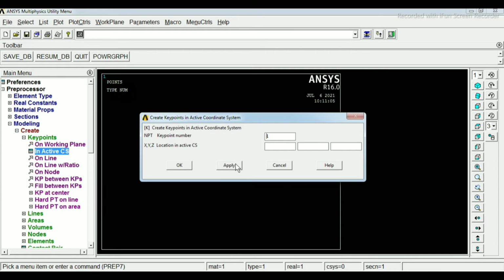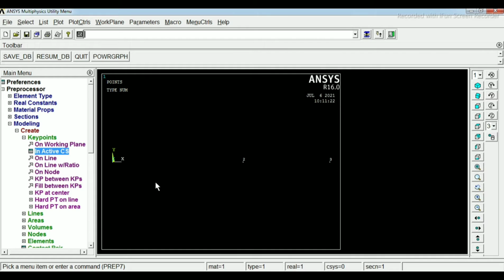Then click on apply, and add the second key point at distance 3. Again apply. Then we give the third key point at distance 5, and then click on OK. 3 key points are added.